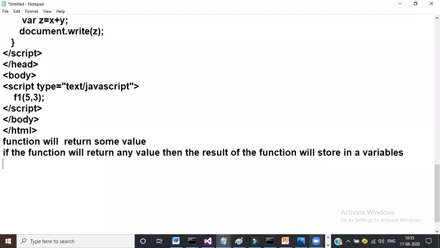If the function returns some value, then the result of the function will be stored in one variable. So let us see here once.